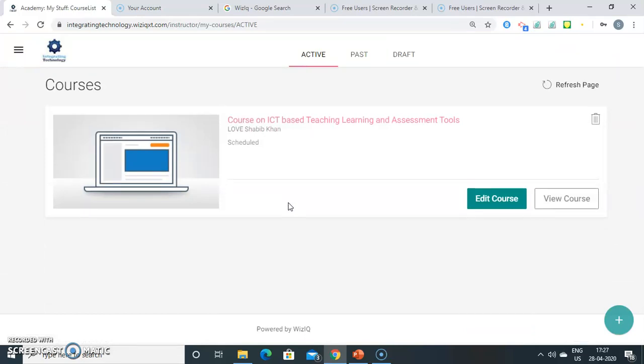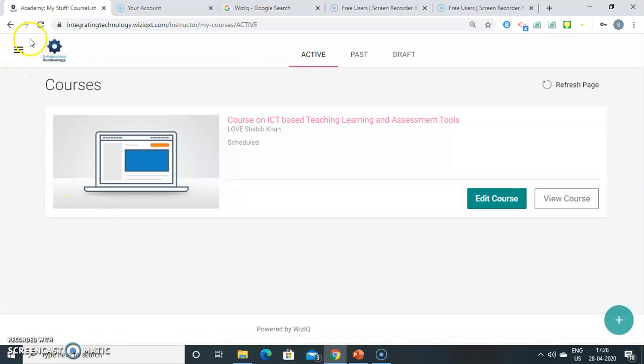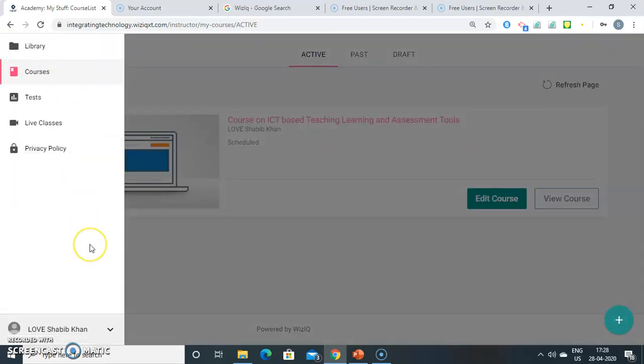So once you go to VizIQ, this is the front view, but the first thing is we need to go to the dashboard. All you have to do, once you go to the course, is go to these three lines at the top left corner. You can see here. Once you click on this, you will be taken to your dashboard. This is your dashboard. Now you will see your name at the bottom. To check the status, click on the drop down arrow and you will see your status, whether you are currently a learner or an instructor.